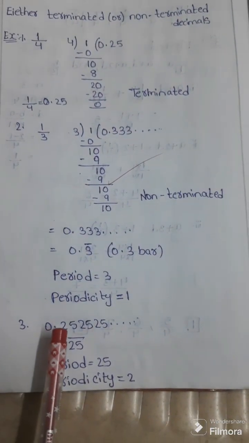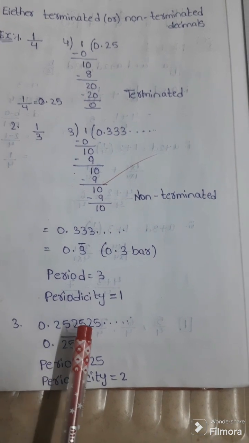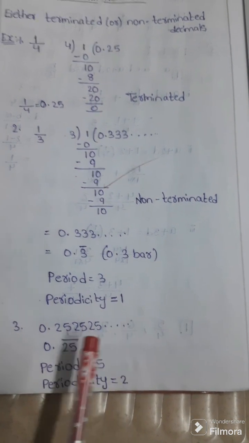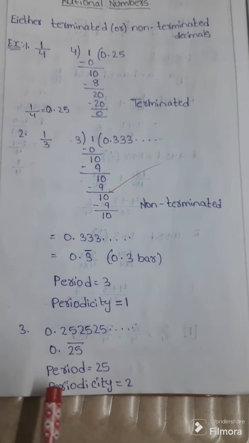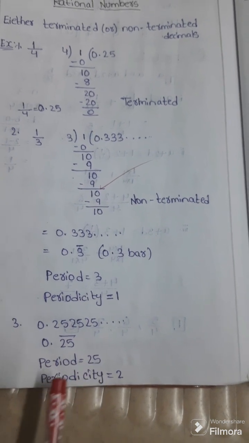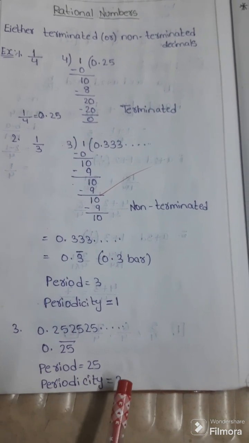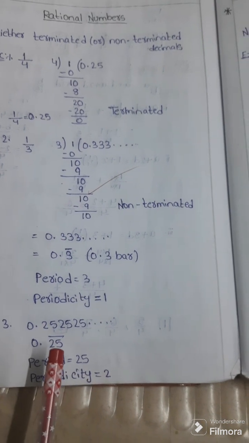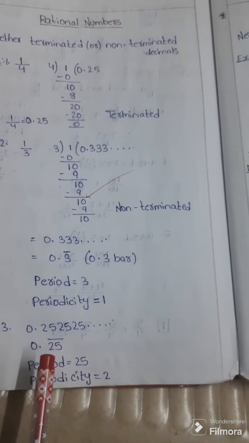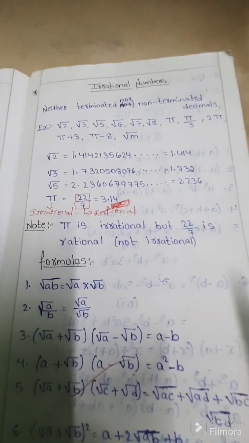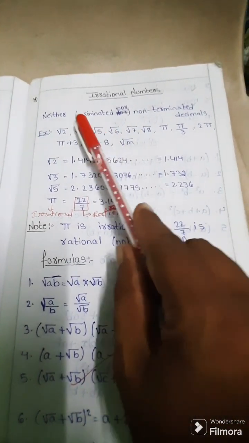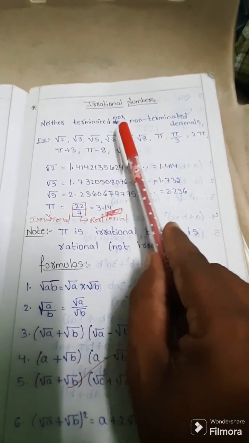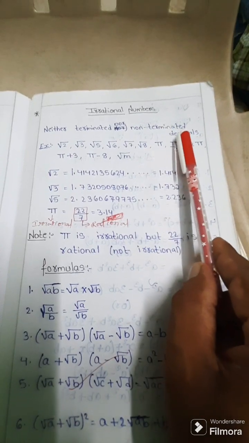Again with another example, I am giving 0.25, 25, 25 etc. That means here 0.25 bar. The period is 25. Periodicity is here 2 because 2 numbers are repeating. 2 5 is repeating. Irrational numbers: neither terminated nor non-terminated decimals